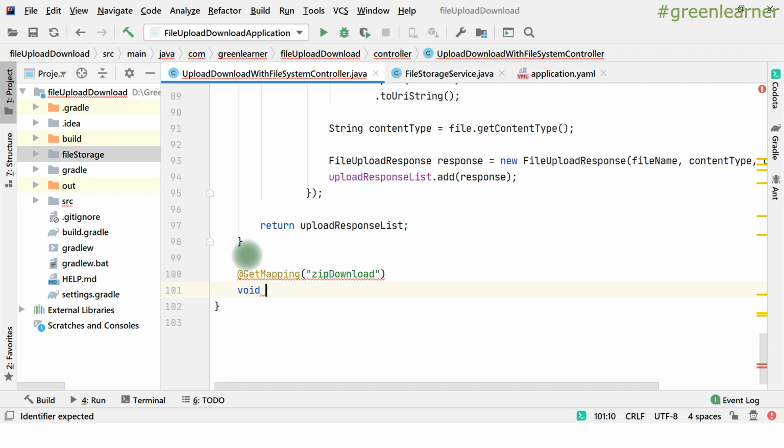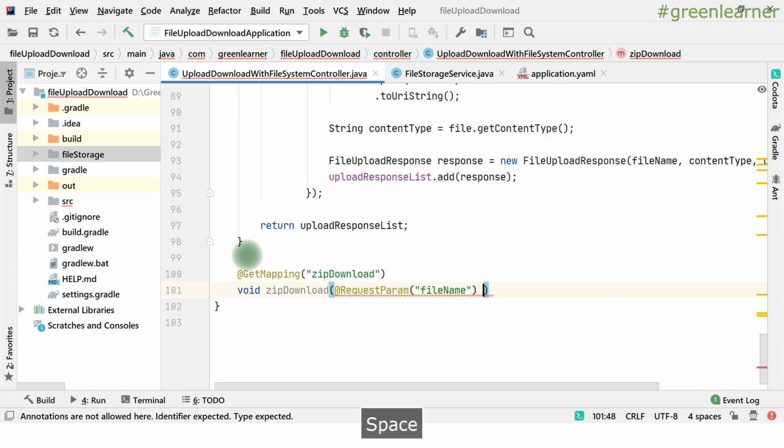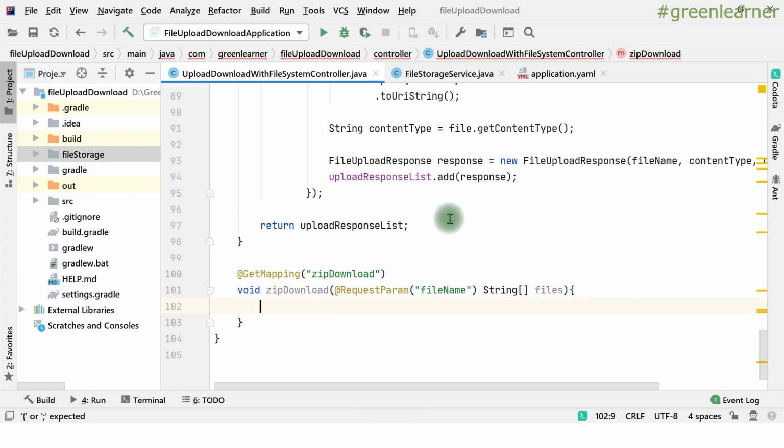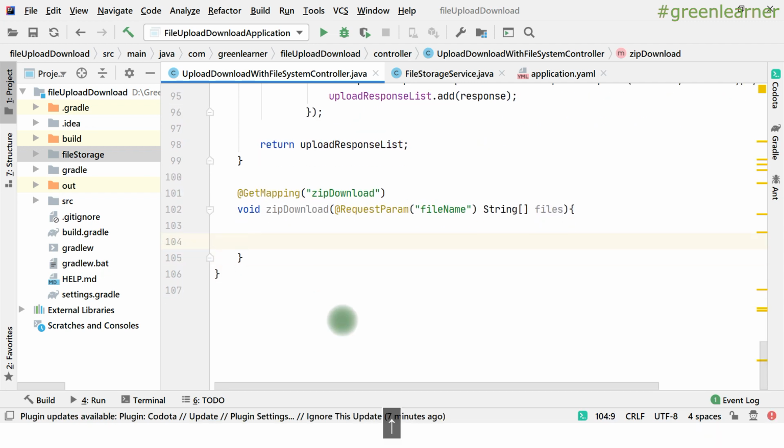We will just send the files that the user will directly download, so we can live with the void return type, right? Here, zip download, and it will take a list, an array of files, right? And each file I have to process, right?